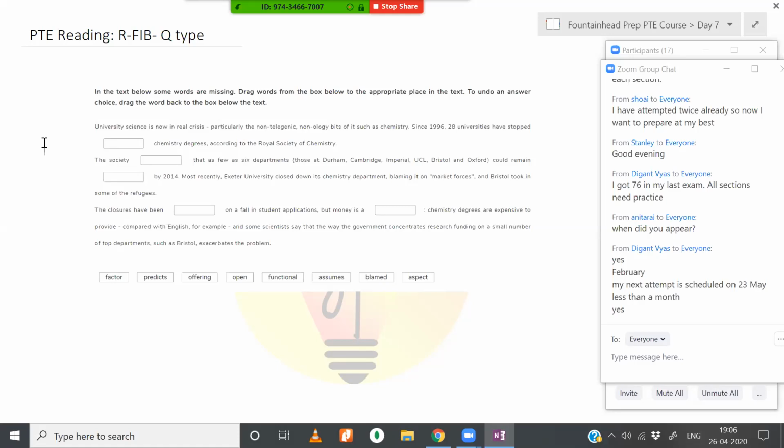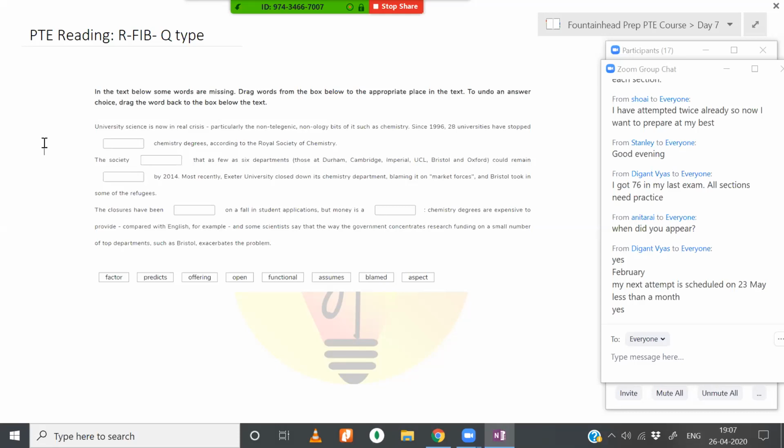Is this clear to all of you? So this is how the reading fill in the blank question type looks like. Okay. So we'll discuss what exactly is tested in these question types. But is this clear to all of you? So you get a text with a lot of blanks. You have extra options as well. So you have to read the text, go through the text, fit in the correct words in the blank. And this is also known as drag and drop fill in the blanks, and it only contributes towards your reading